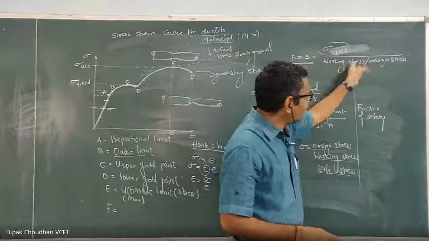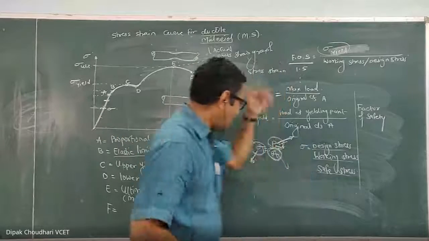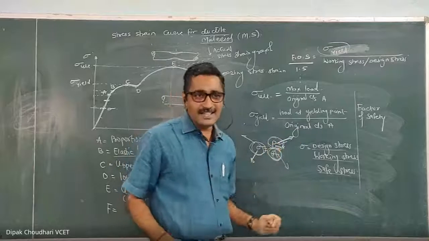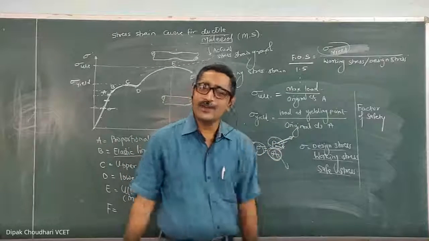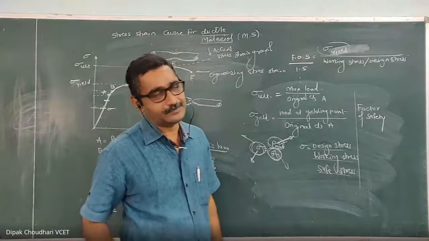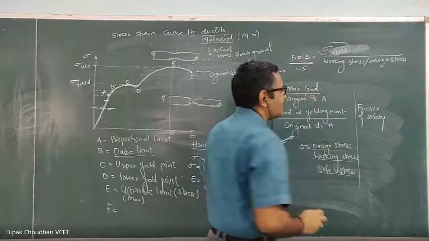Then you have to cross-check that the working stress and design stress should always be within the elastic limit. And by using this design stress or working stress, and the estimated load, you can calculate the force P. Sorry, from that you can calculate the cross-sectional area. Now, on which factors does this factor of safety depend?